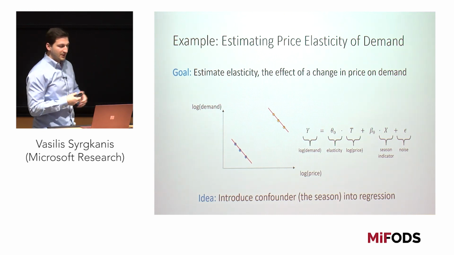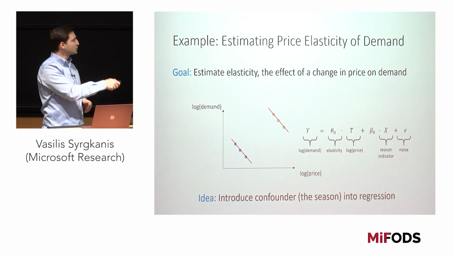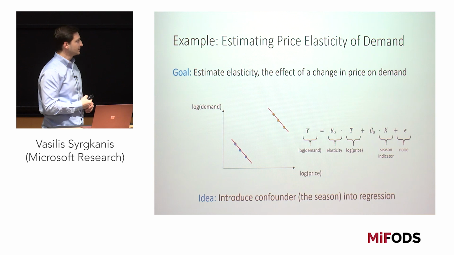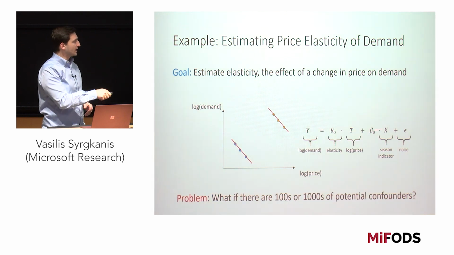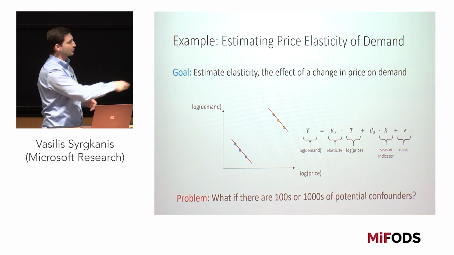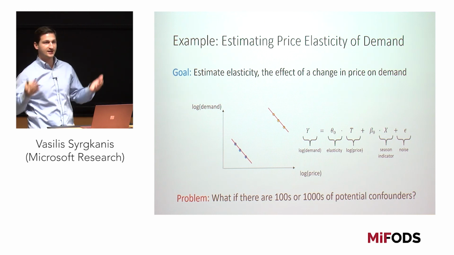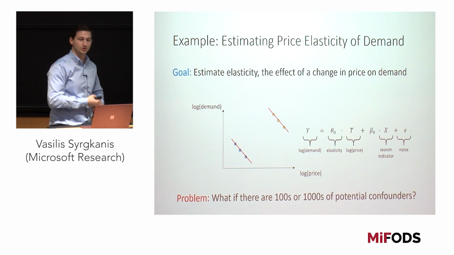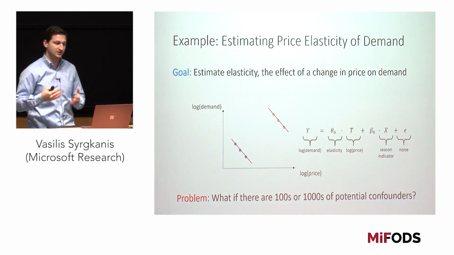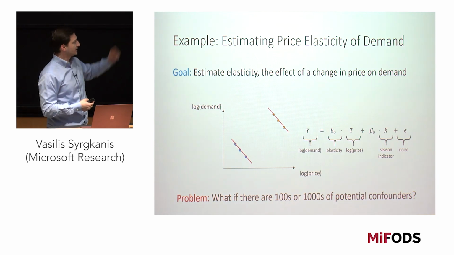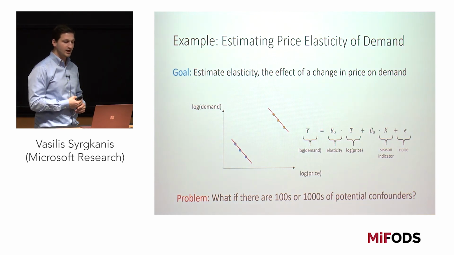The problem that you might now start to face is that if you want to be sure that the coefficient that you fit in front of the price is the causal coefficient, you might need to control for hundreds or maybe thousands of potential confounders, right? Especially if you're fitting a linear model, maybe you want to fit for non-linearities, and maybe you want to create non-linear features of a small set of variables. Or if you're in a big company where you did a lot of data collection, maybe you have a lot of features for the products that you priced, and so you want to control for all of those features.